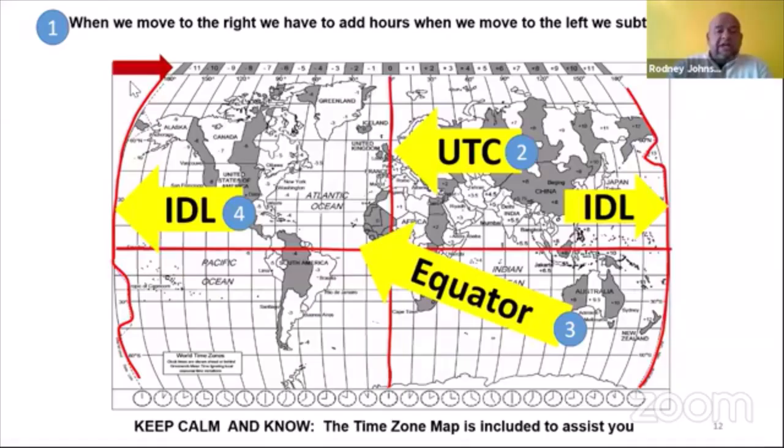On this time zone map at the top, you will notice all the different time zones. Right in the center, you will notice the 0 time zone, which in tourism we refer to as the universal time coordinate. In geography, another name for this is the Greenwich Meridian. Why Greenwich? Because it runs through a little town just outside of London called Greenwich, right?